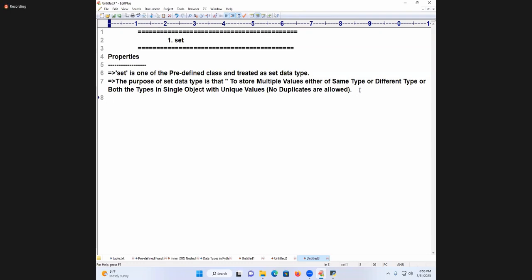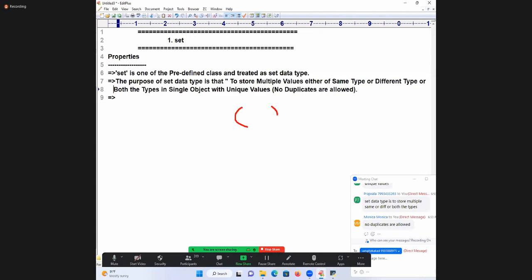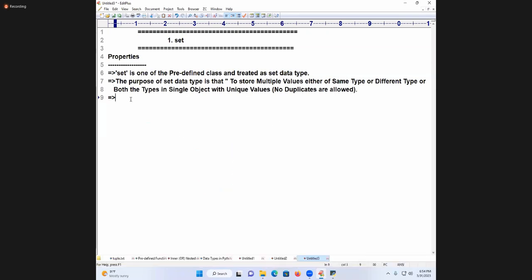No duplicates are allowed. Next point I am going to write it. Do you know, students, in our previous symbolic notation, this is the notation of what? Tuple. This is the notation of what? List. Now we are using set. Elements are organized inside of where? Curly braces. Now I'm telling, the elements of set